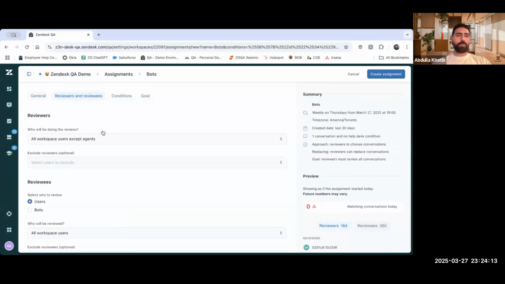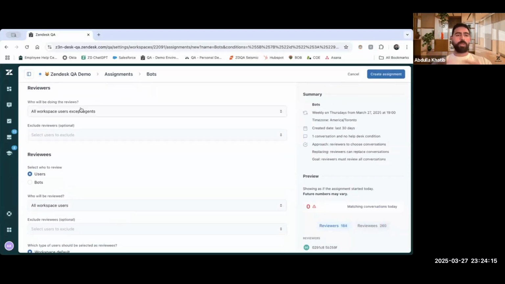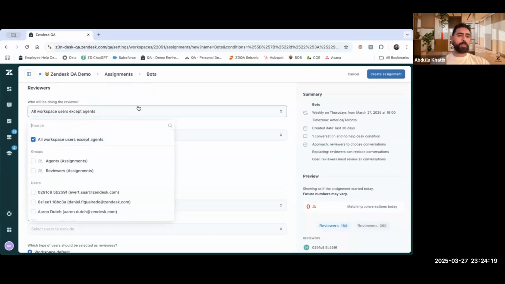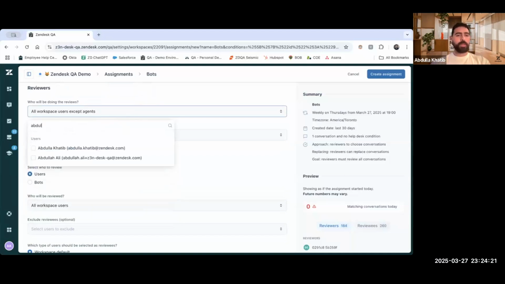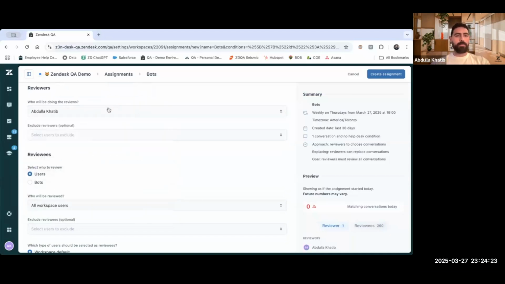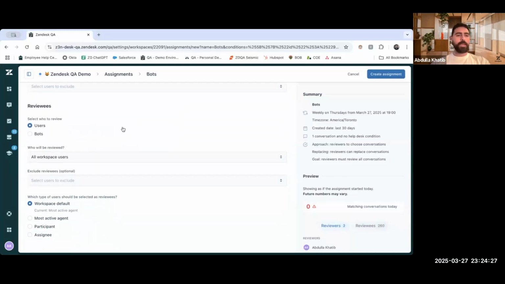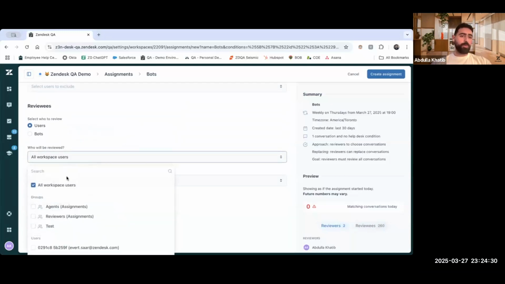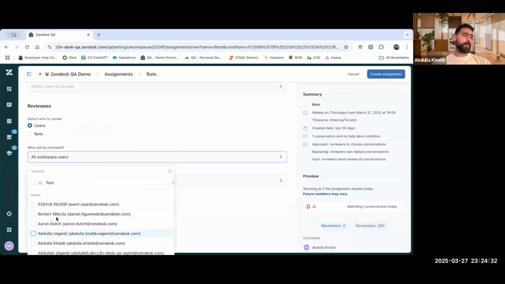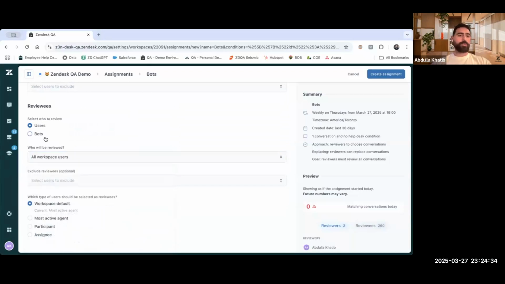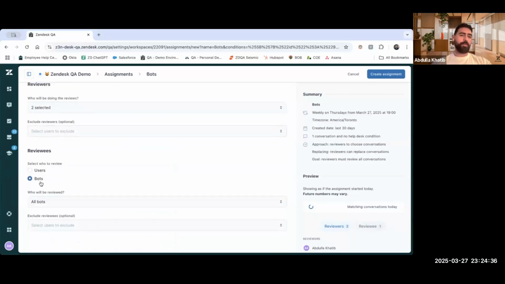So let's go ahead and jump to reviewers and reviewees. With setting up an assignment, we'll be able to define who gets those conversations. So maybe I just want myself and maybe Zach as well to get these conversations. We will also be able to define who's being reviewed. Again, because this is a bot assignment, we'll be able to select bots, and therefore it will just pick up on bots. Now we can see that it's gone ahead and refined the amount of conversations that are coming up